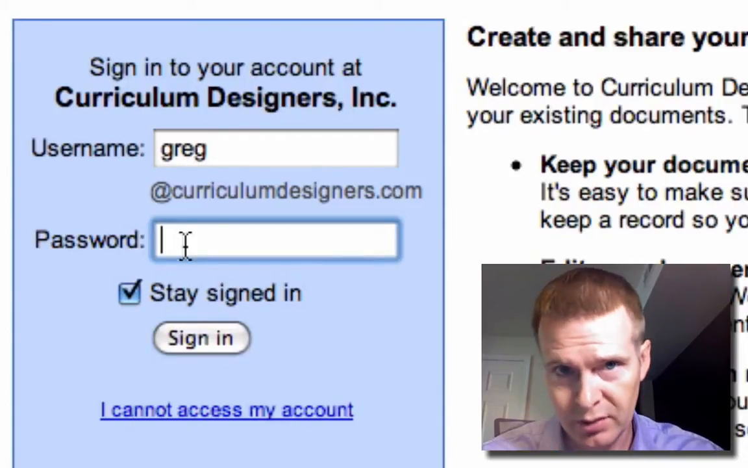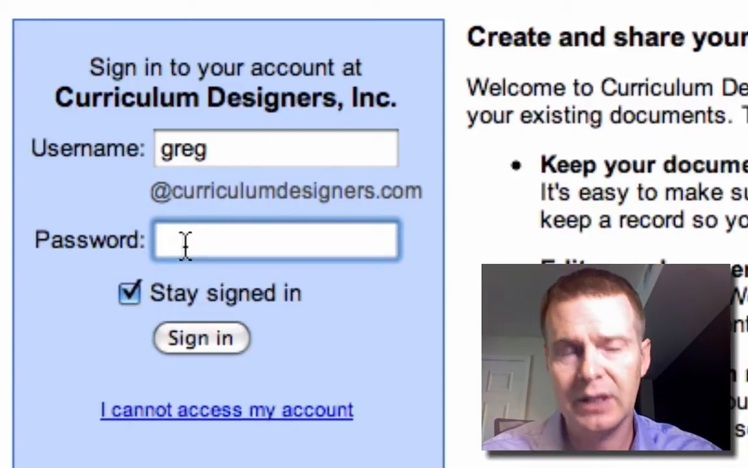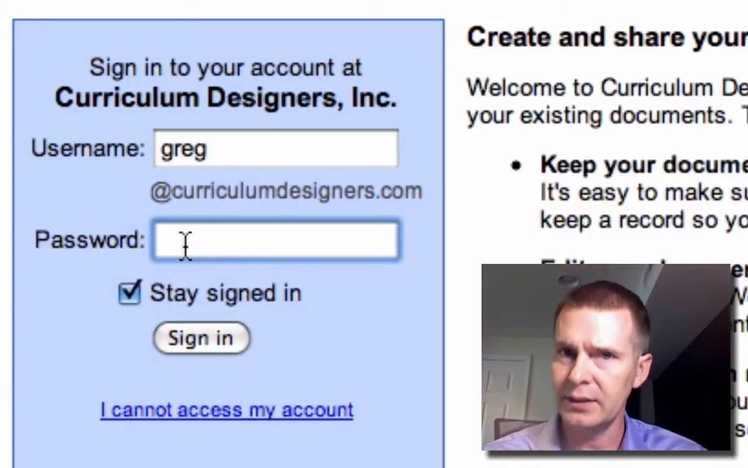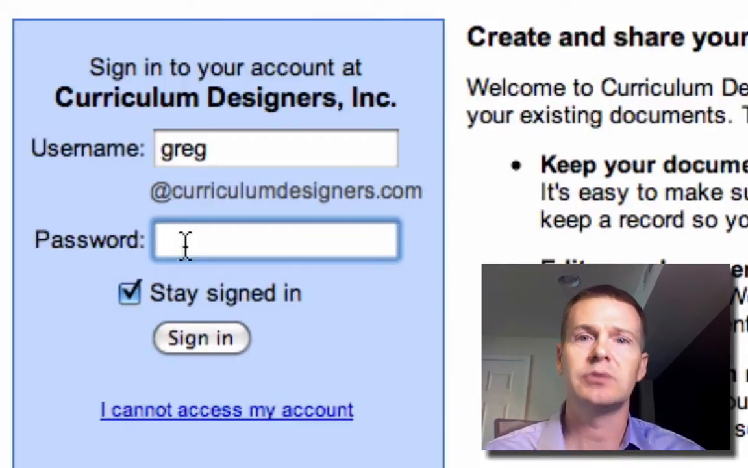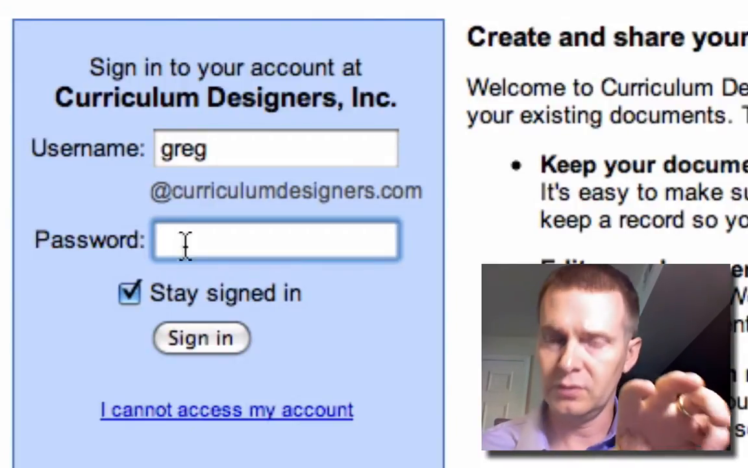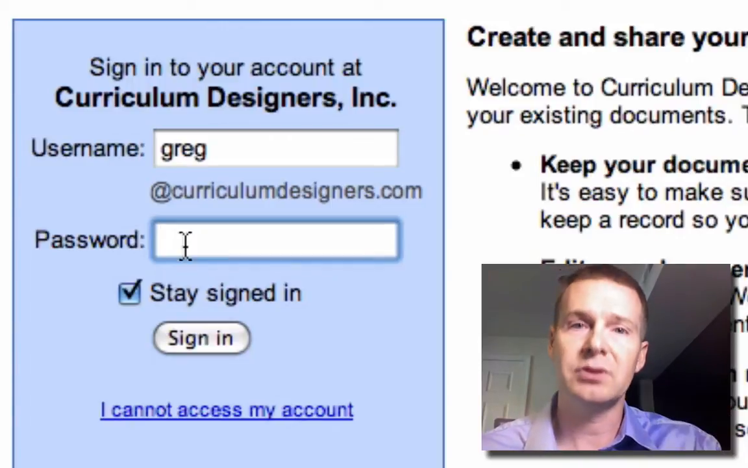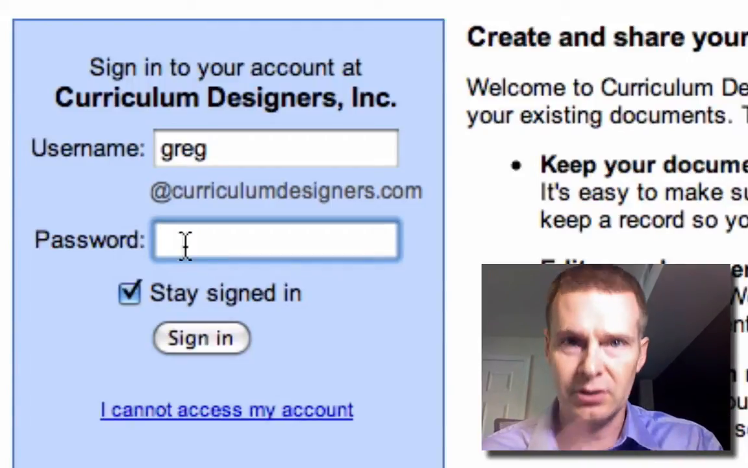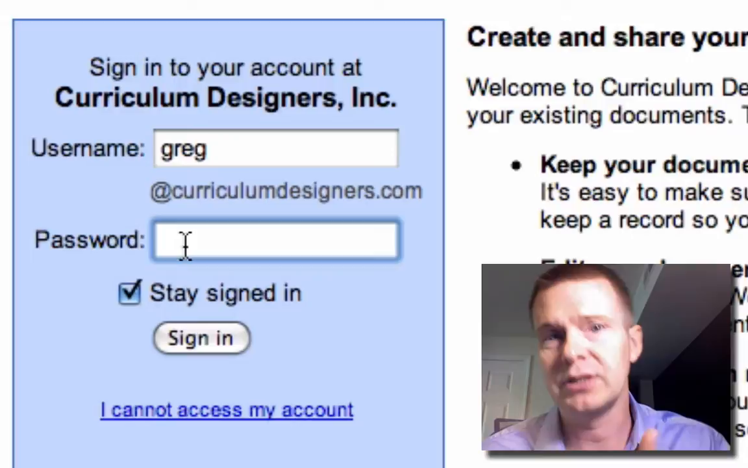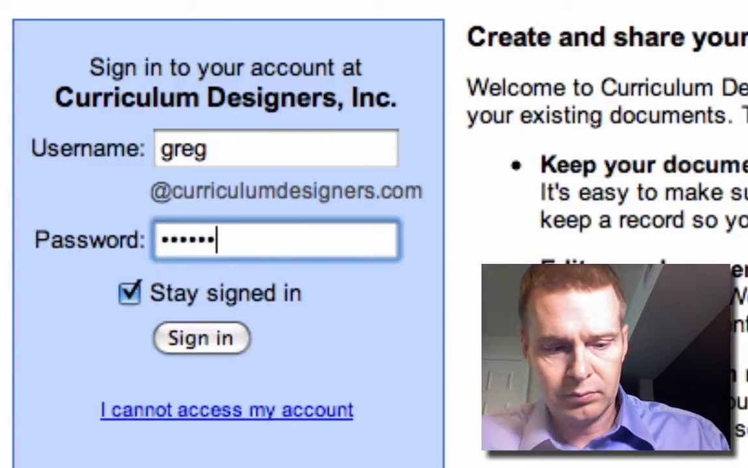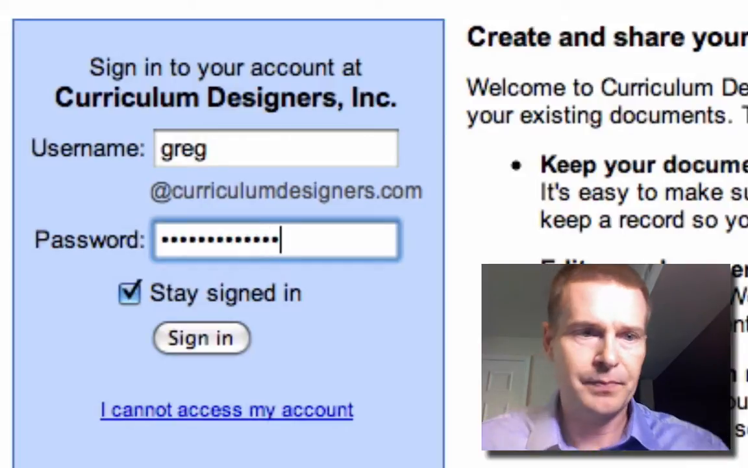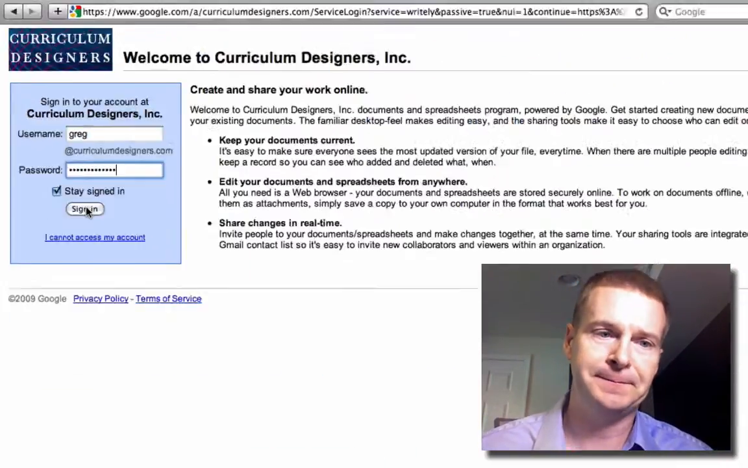However, I don't know what your password for your email is, and I don't have a way to get that. What I can do is set you up with a temporary password, and then you would use that to log in here for just the first time, and then after you log in, it would ask you to change your password, and then you could change it to whatever you wanted. So enter your password,